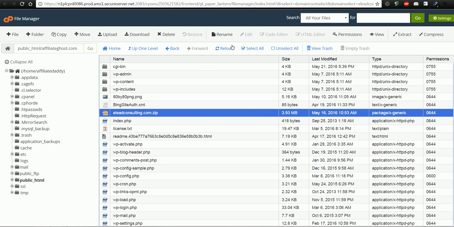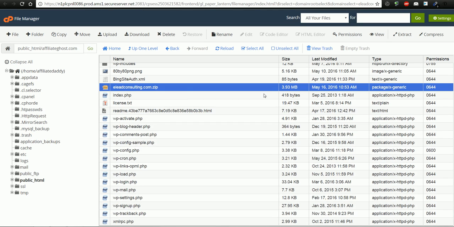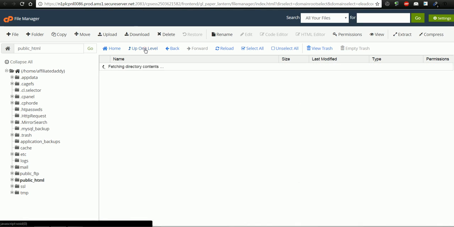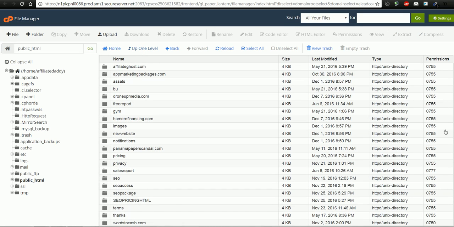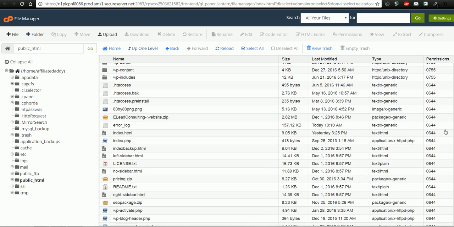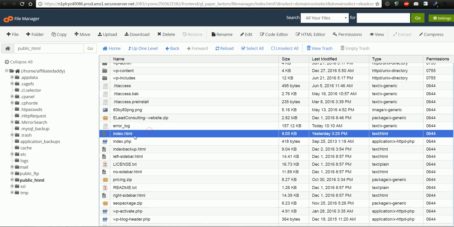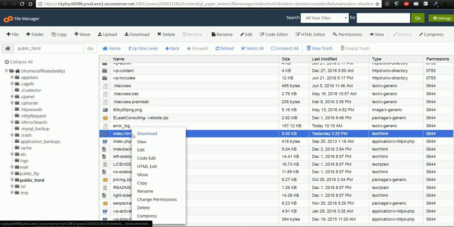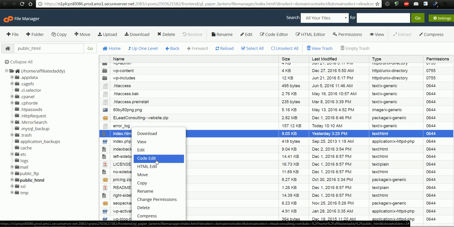And that's it for this tutorial. Or actually, wait, to edit HTML files, let me just go up one level. I'll show you how to edit HTML files. So I'll just right click on it. You've got the normal code edit, which is really rubbish. It does not look good at all. And then you have the HTML edit. Make sure if you decide to edit it, click on HTML edit,